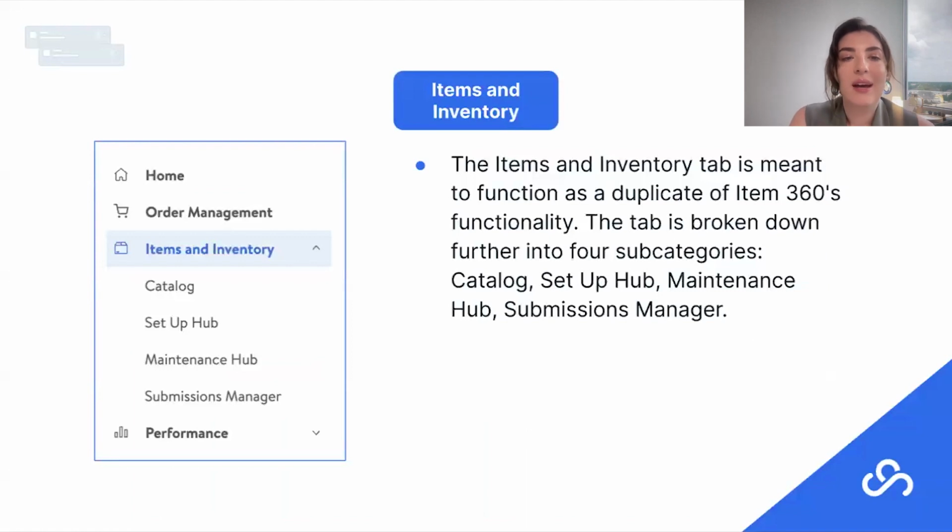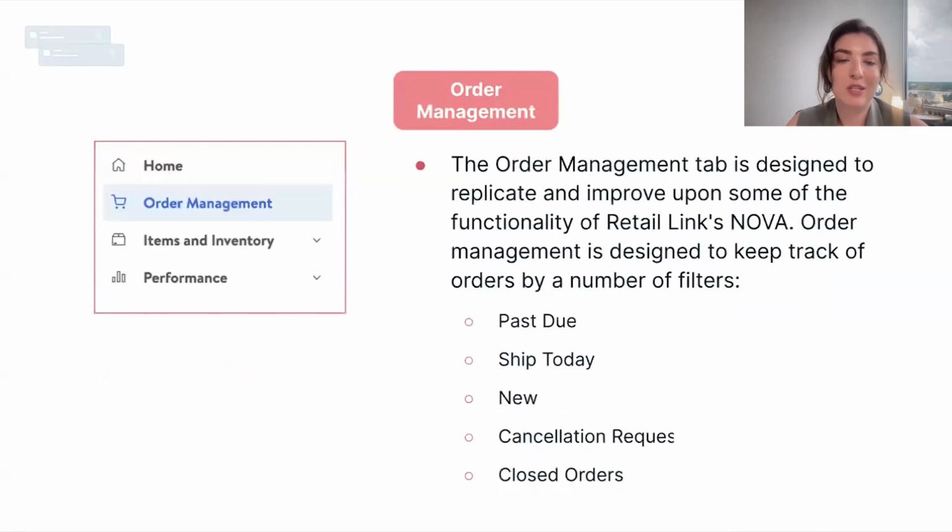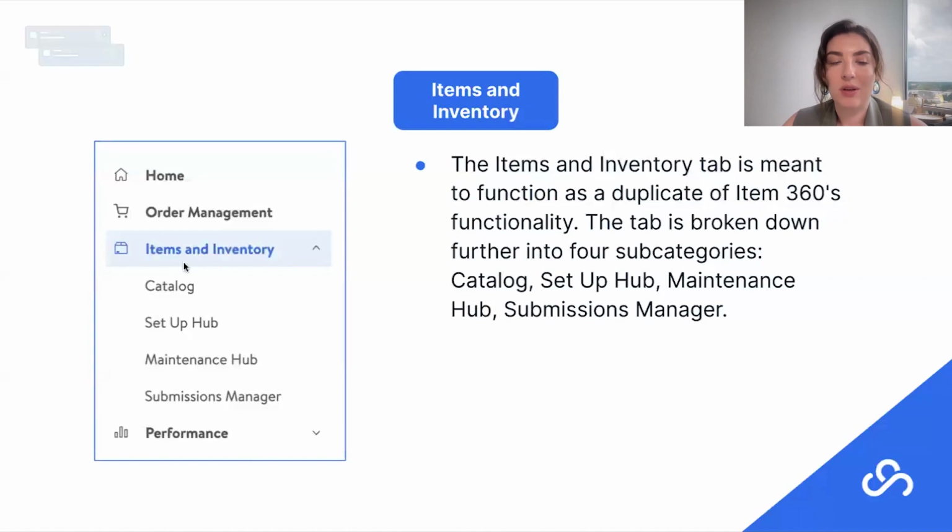All right. So you'll notice from the order management, it is a helpful dashboard. It doesn't have all the features that Nova has within it. However, the items and inventory application in Supplier One does have a little bit more breadth to it. So if I even toggle back, you can see order management doesn't have an arrow down to see what else is in there. And then if you look at items in inventory, there's catalog, there's setup, there's item maintenance hub,